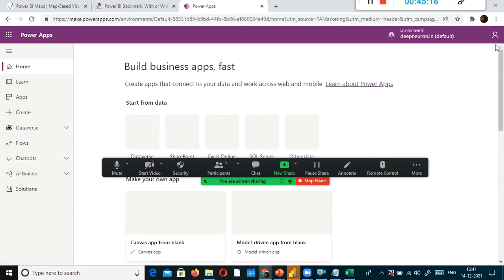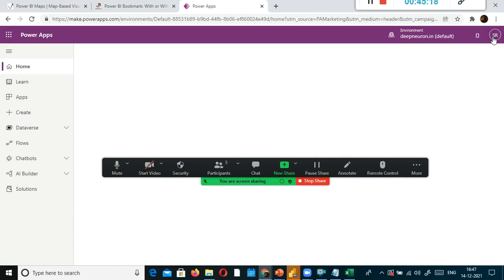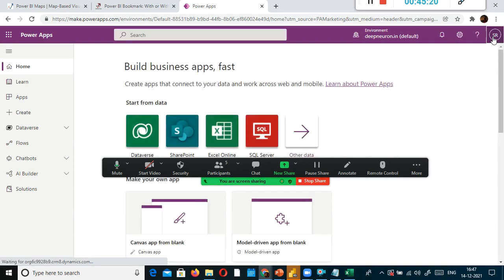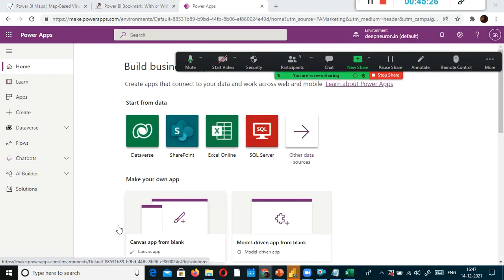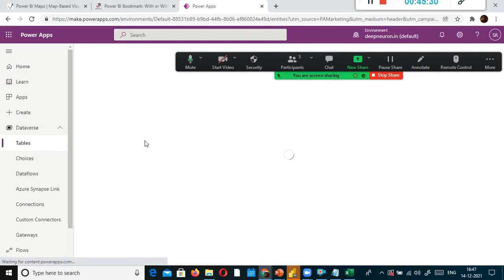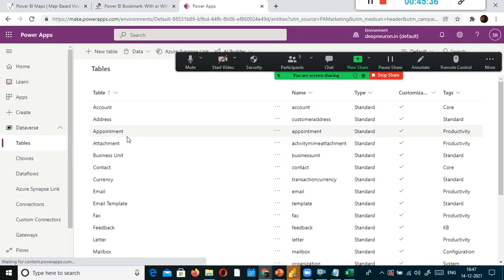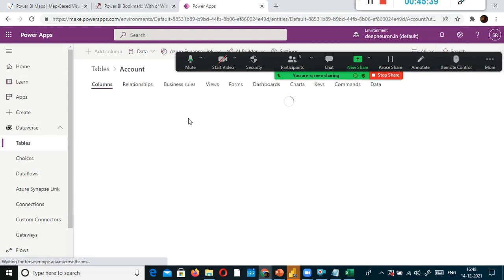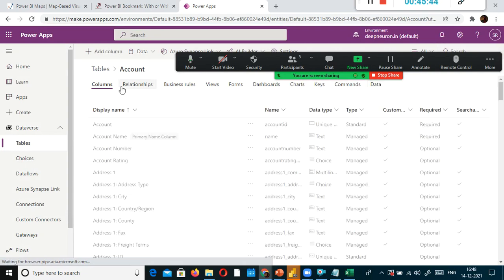By default it got connected using my previous account, the support at deepneuron.in. And here what I am going to do is select database. Already there are some tables available there, for example you have something called account, many tables are available, and also the relationships, business rules, everything you can see.